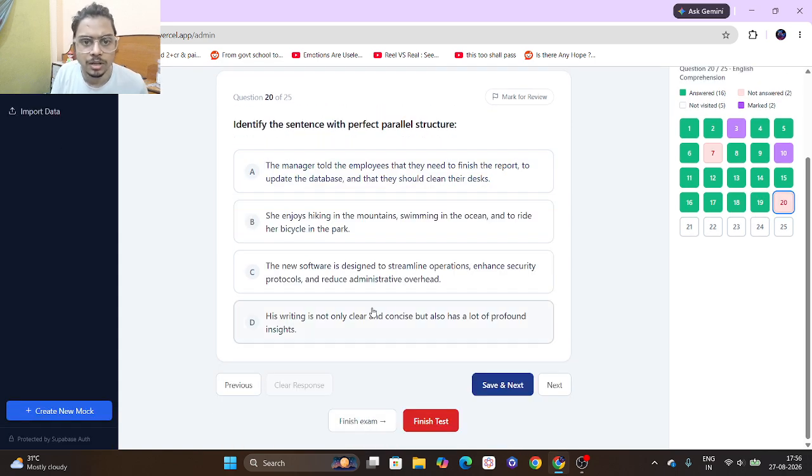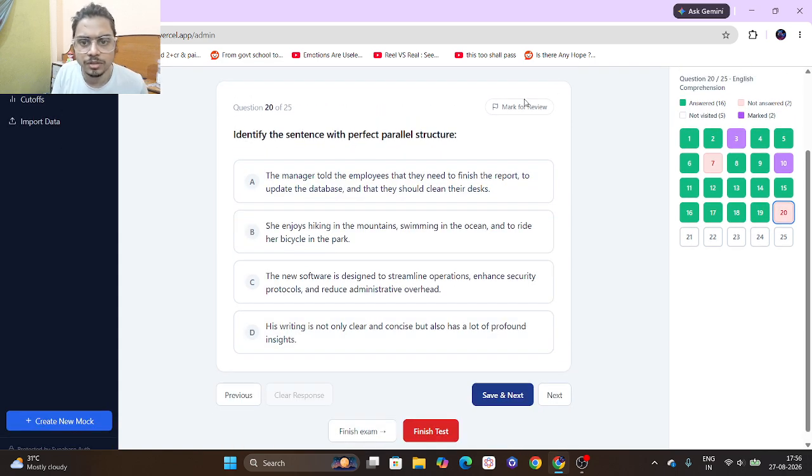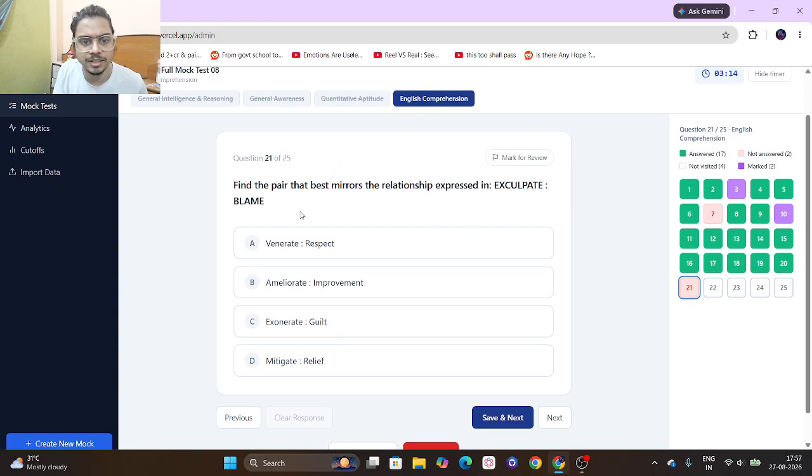Next. Identify the sentence with perfect parallel structure. The manager told the employee that they need to finish the proper report to update the database, and then they should clean the. She enjoys hiking in the mountains, swimming in the ocean, and ride her bicycle in the park. The new software is designed to streamline operation, enhance security protocol, and reduce administrative. Yes, that is. His writing is not only great, that find the pair that best mirrors the relationship expressed in